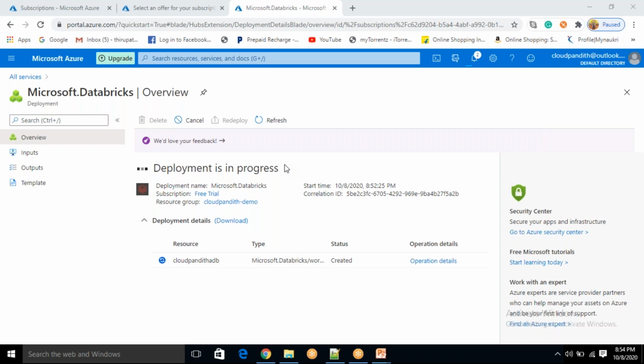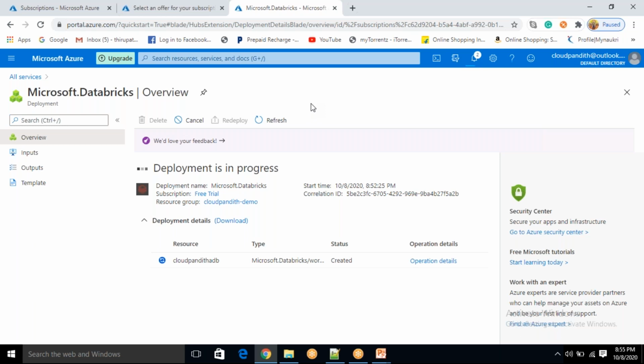Yeah, now we will see all the backend things that it has created. So as we discussed, it is going to create a network watcher. It will create a security group, virtual network, and blob storage for storing metadata.